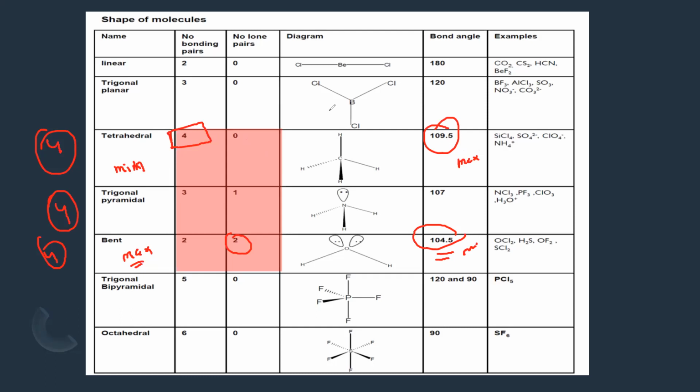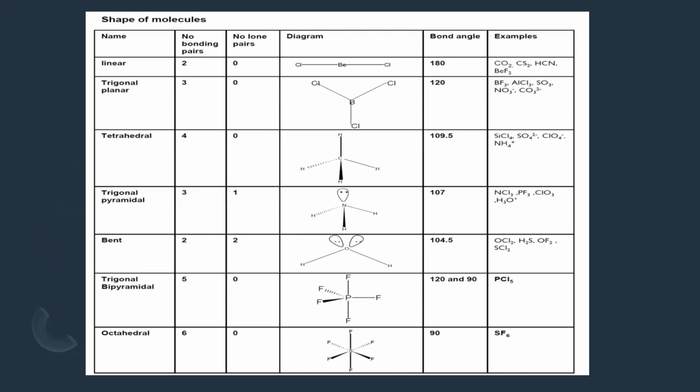Is the comparison clear? Because lone pairs are relatively free, they can move easily, so they have greater repulsion to the other electron pairs, which leads to a bend in the geometry or structure. So when we are drawing the structure, you should always check the number of bond pairs and lone pairs. For example, if I say we have a compound